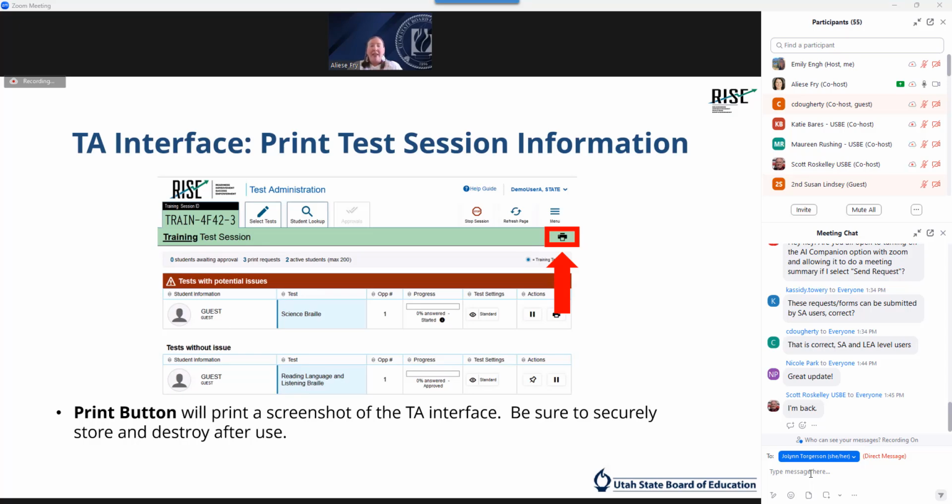the print session button. This can be useful for tracking which students didn't complete their test and might need to be scheduled for another session. Just know it may be necessary to set your page layout to landscape or adjust the margins in your print preview screen on your device in order for it to fit on the page. Then remember that any printouts containing any personally identifiable student information need to be securely stored and should be destroyed